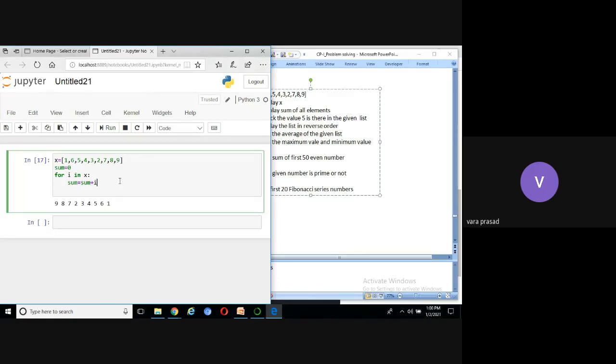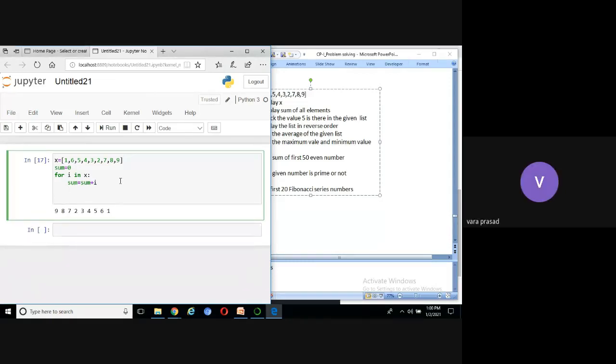We are going to get the total. Then what we have to do? Take another variable, average. AVG equal to sum divided by length of x.